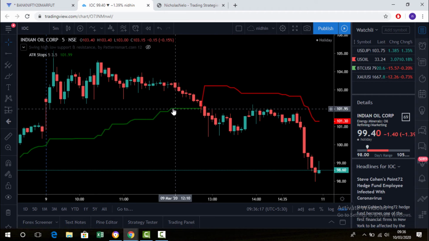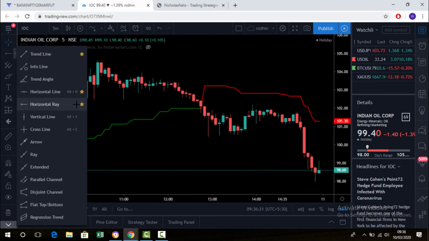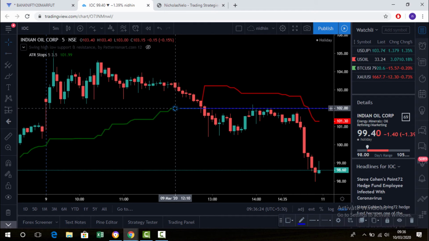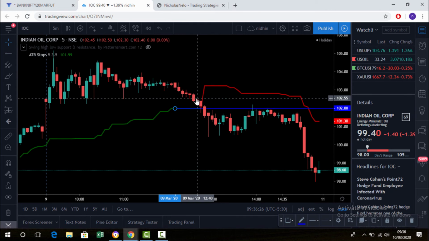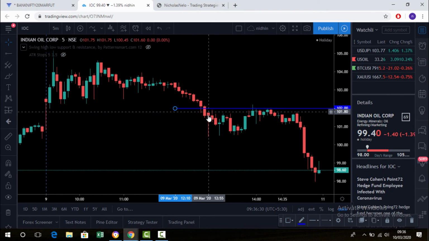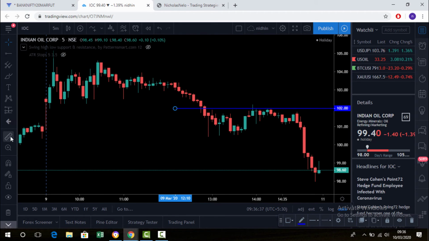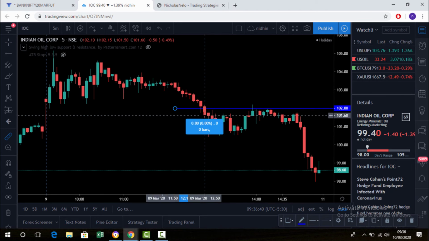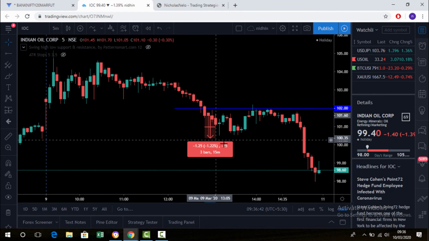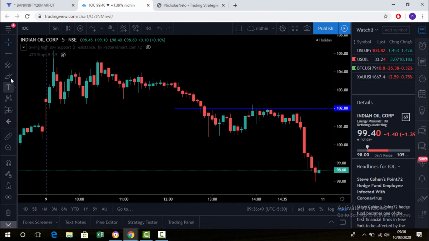IOC, here you get a flat signal, okay, around 12.25. So you just mark here, and the stop loss is just above the candle, and just hide this one. Okay, here it's the sell, and just above the candle you can place stop loss. See, from here it comes down to more than 1%. All trades come to 1%, and you can check whenever it touches that line, market falls down.